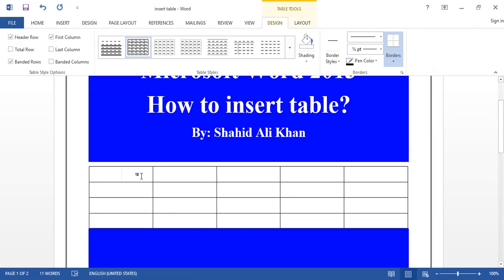For example, you want to categorize some kind of data, or you want to insert an inventory list, or you want to maintain a record, a books record, a library record, for example, or a class record: student's name, phone number, address, etc. For example, now I'm going to insert serial number in the first column,